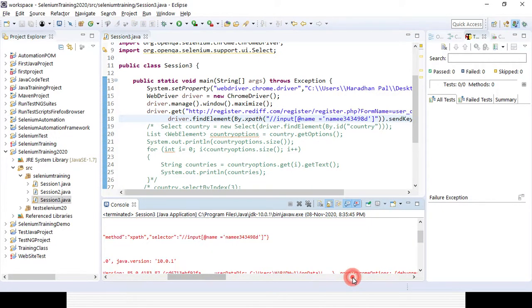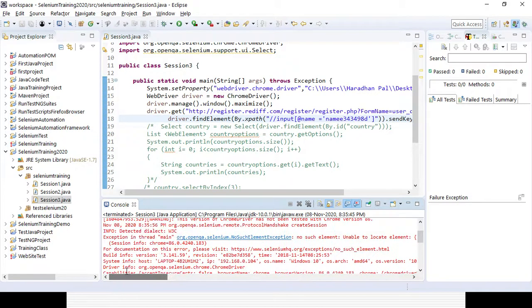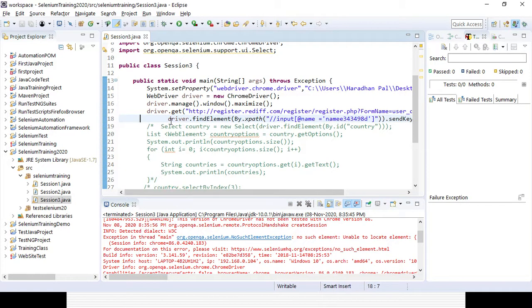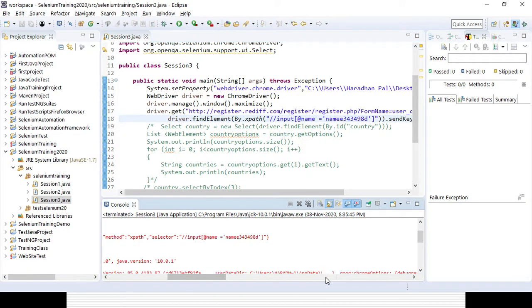Unable to locate element. It is showing an error, exception in thread main, org.selenium no such element exception. It is not able to find the element.